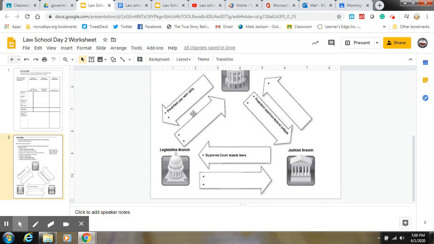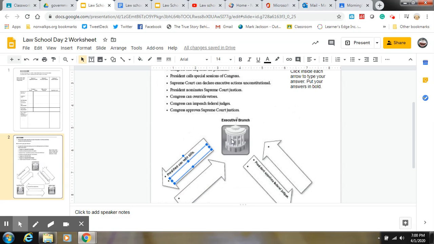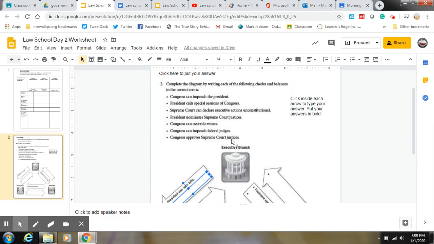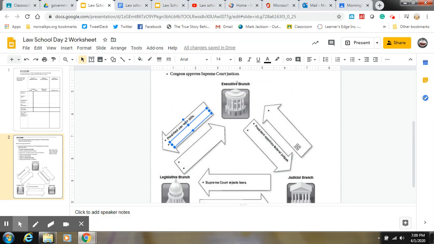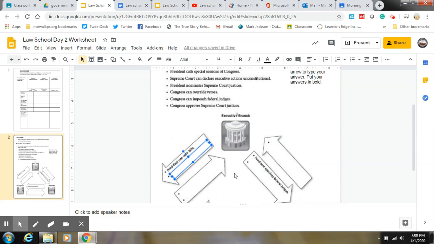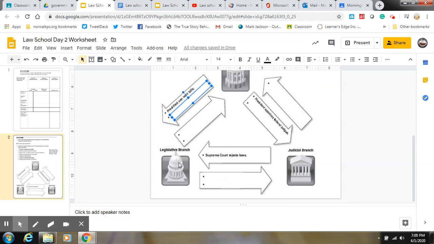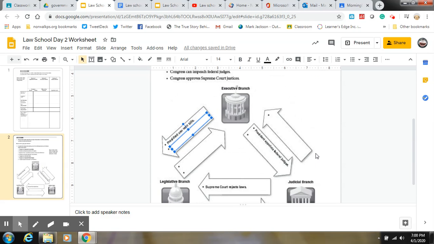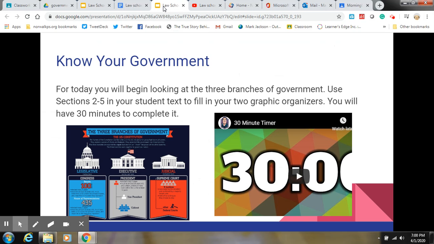Every one of these arrows has a text box. What you need to do is figure out which of these phrases goes with which branch and which one counterbalances the other. So Congress can impeach the president. Is that going from the legislative branch to the judicial branch, or from the legislative branch to the executive branch, or vice versa? You need to be able to figure that out.